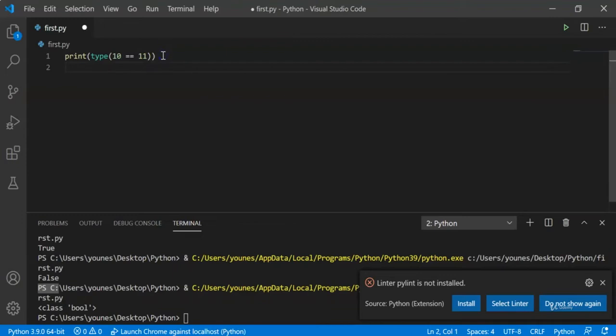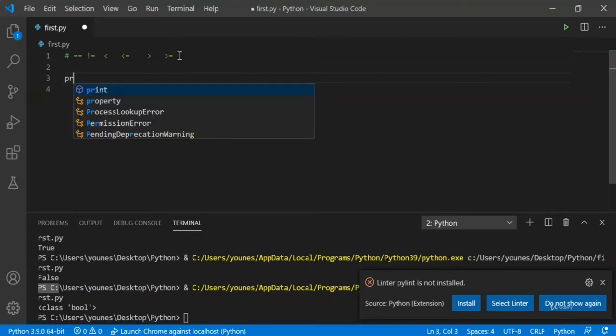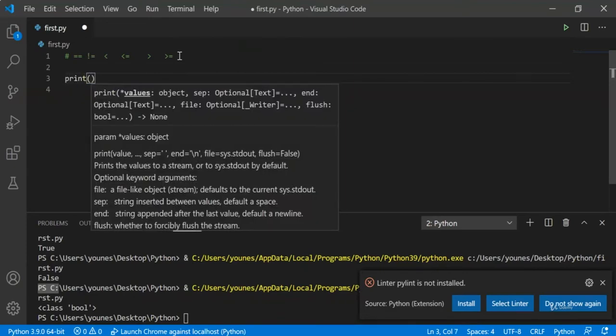So let's go ahead and write these comparison operations. First we have the equal, the not equal to, then we have the less than or equal, we have the greater than, and finally greater than or equal. So for example, let's go ahead and write some code using the not equal comparison operator. So for example, print 1,